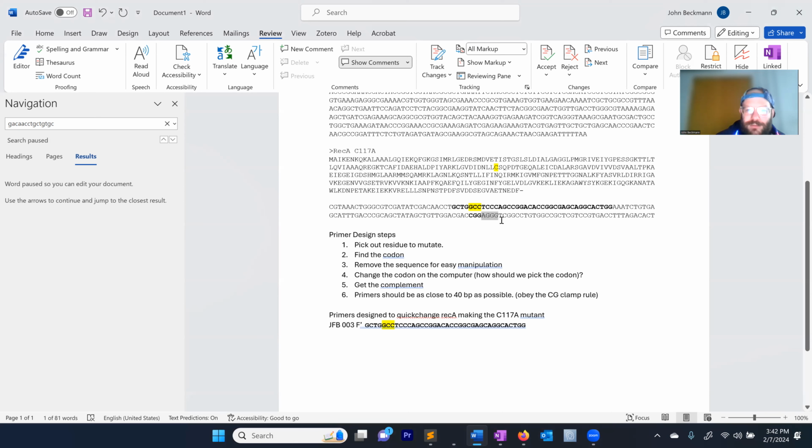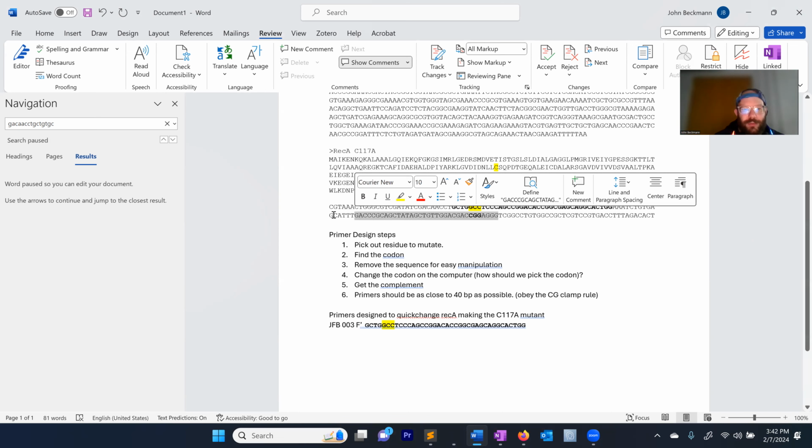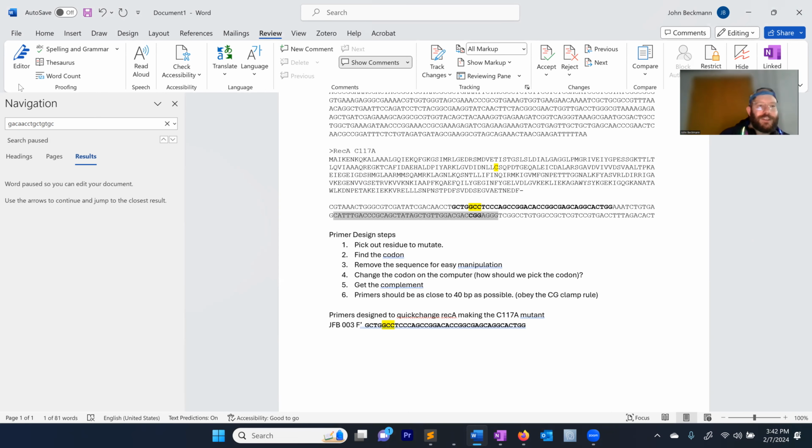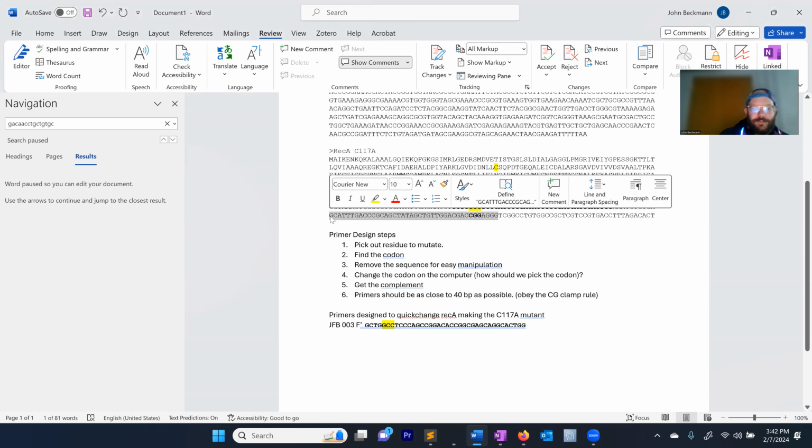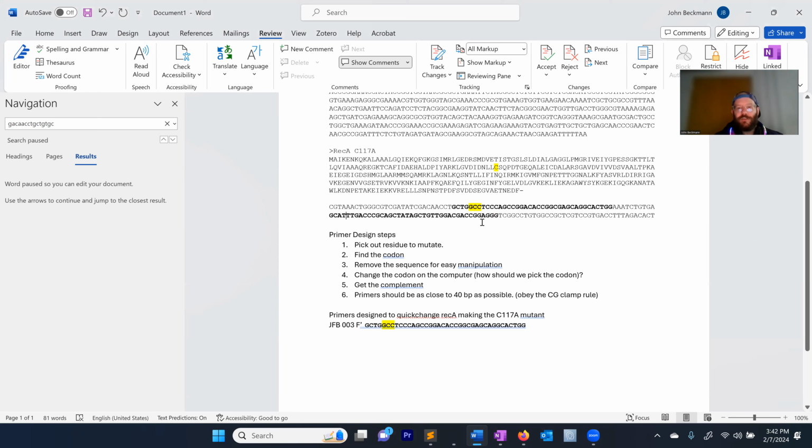Okay, so let's start here at this CG. Let's go as far over here as we can, probably to here. Let's see what that is. 39, we can go all the way to 40. Okay, so this is the span of this primer, but this is not my primer,